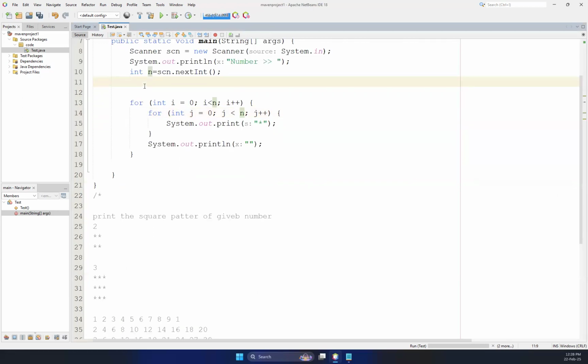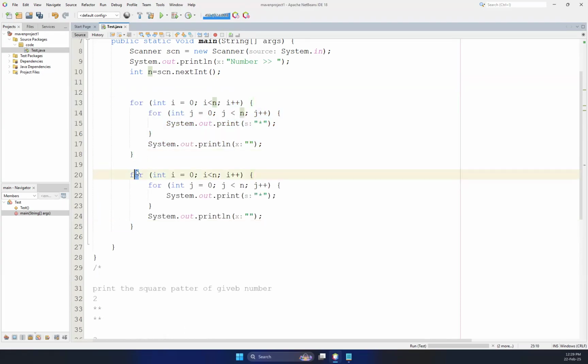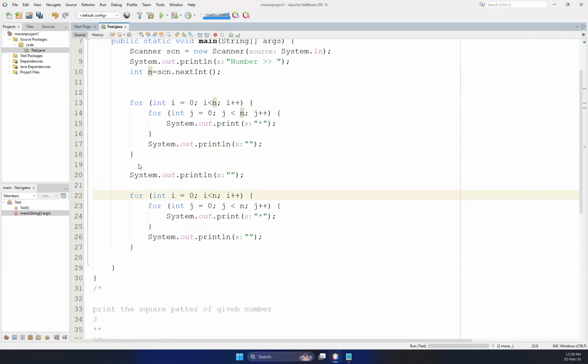Right now I will leave this and let me take a copy of this for loop, and let's have some space. Right now I want to start from 1. I need to start from 1 and I need to include 10 as well, and i plus plus, and then j is equals to i. So that again should go up to 10 numbers, 1, 2, 3, 4. j less than 10, j plus plus, and then